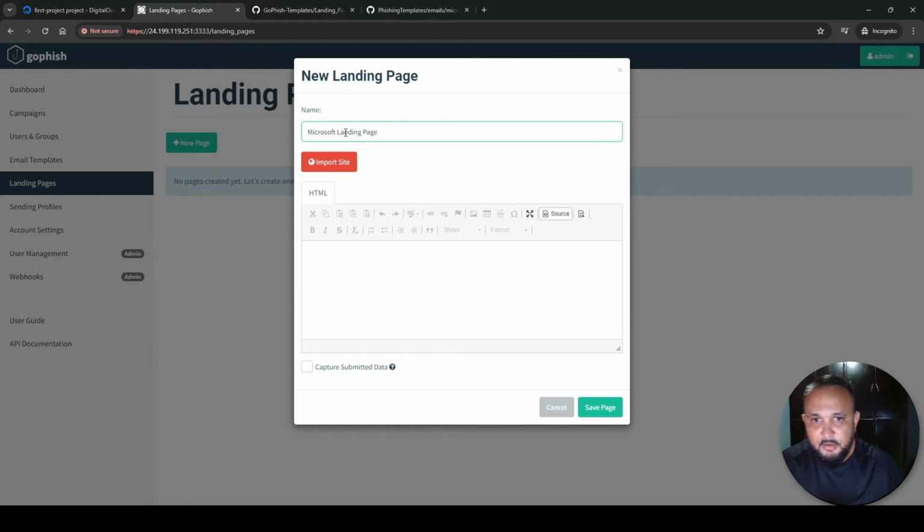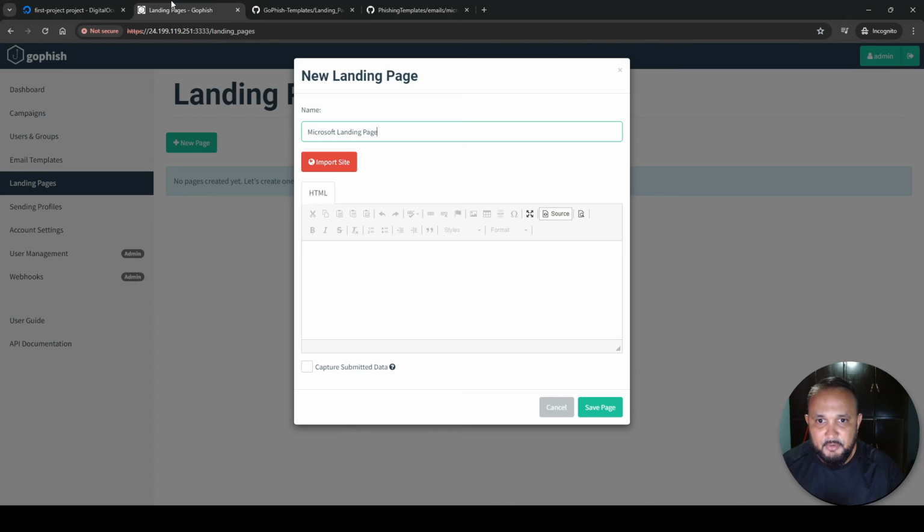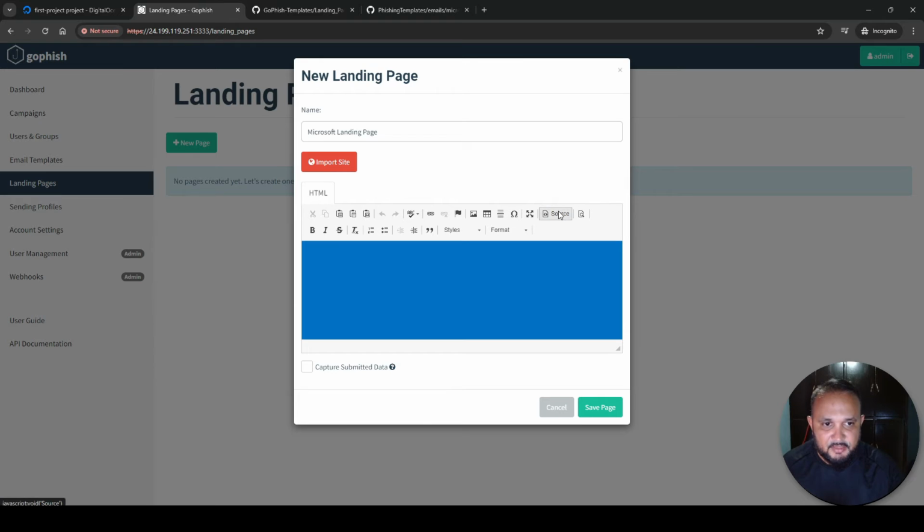page, right? And similarly, we need to paste the template, or you could create one from scratch as well. So for this, I'm going to use the one from Free 0 Days, right? He has one that says O365. I'm going to copy this. I'm going to head back over here and paste this right here. If I hit on source, this one takes a little while to show up properly, but once you see that blue screen, you're pretty much set,